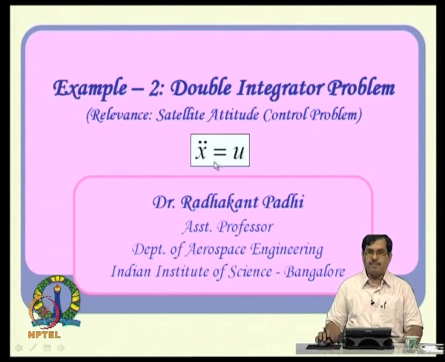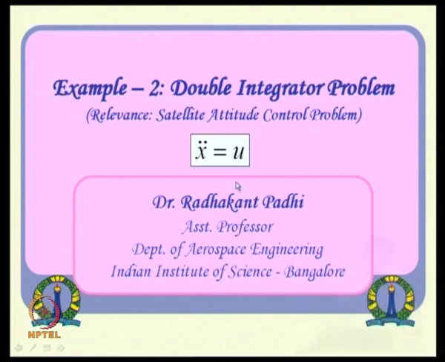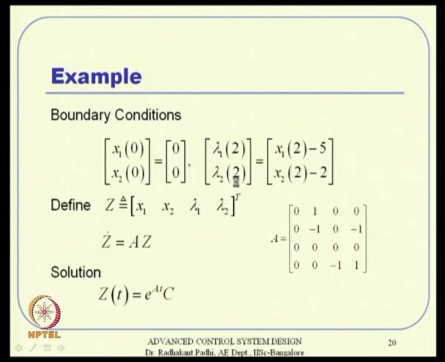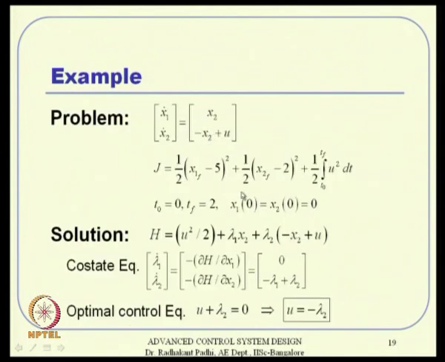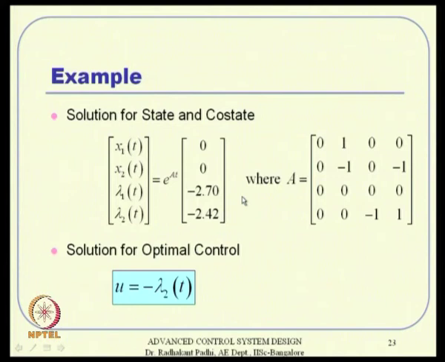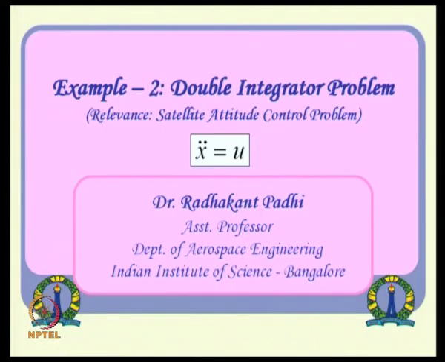x double dot is u, okay, whereas the dynamics there was something like this. So, in that dynamic sense it feels slightly simpler, but we will see why it is a little more complicated